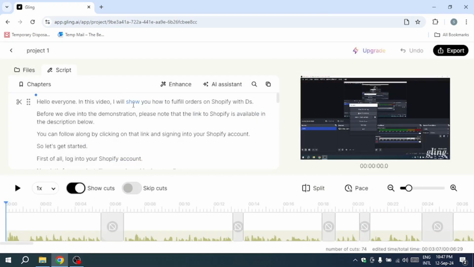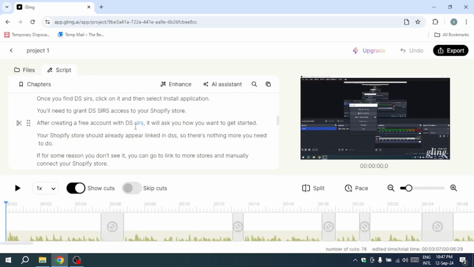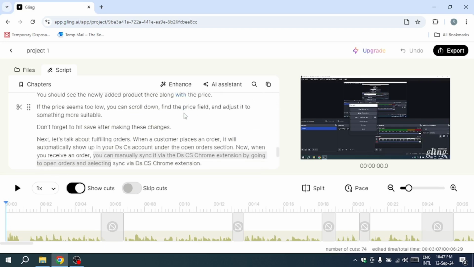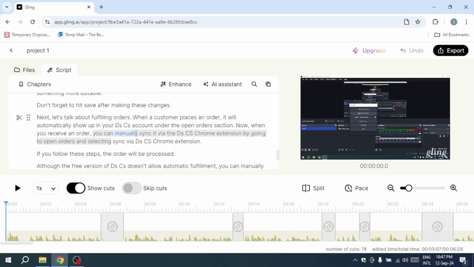Uploading a file may take a while. When your file is uploaded, Gling automatically detects and removes awkward pauses, repeated takes, and filler words. It can also cut out any silent pauses, which is particularly useful when there's a break after making a mistake. It eliminates all the unnecessary data, resulting in a shorter and simpler video. As you can see, my original video was 6 minutes long, but after editing, it has been reduced to 3